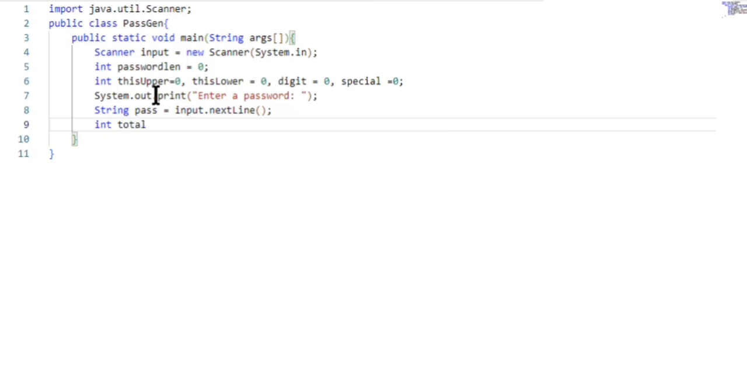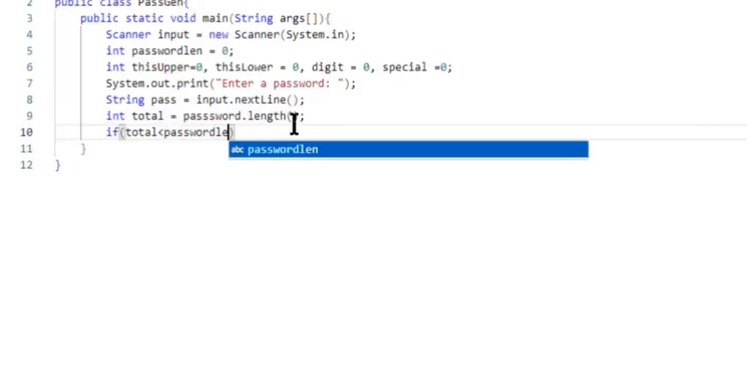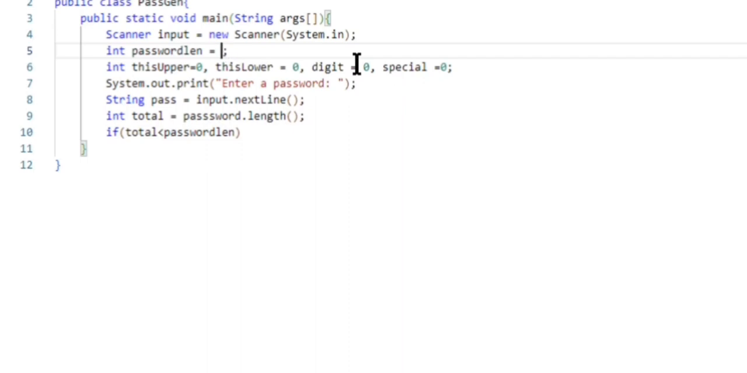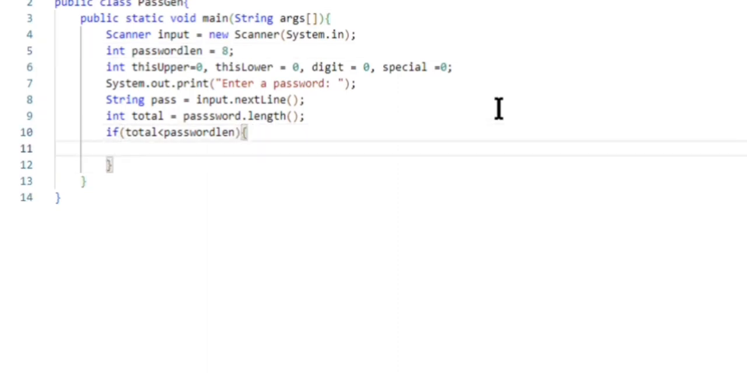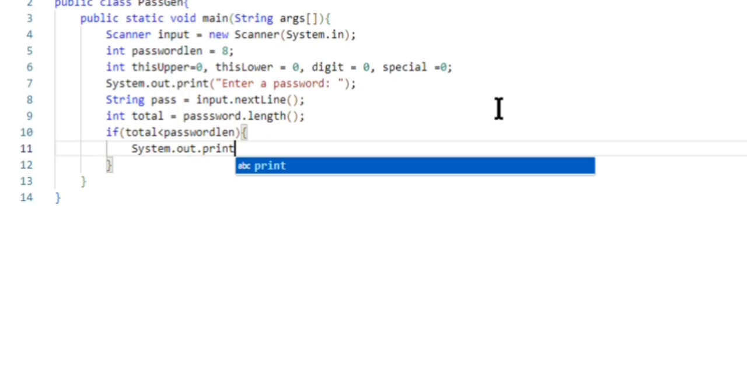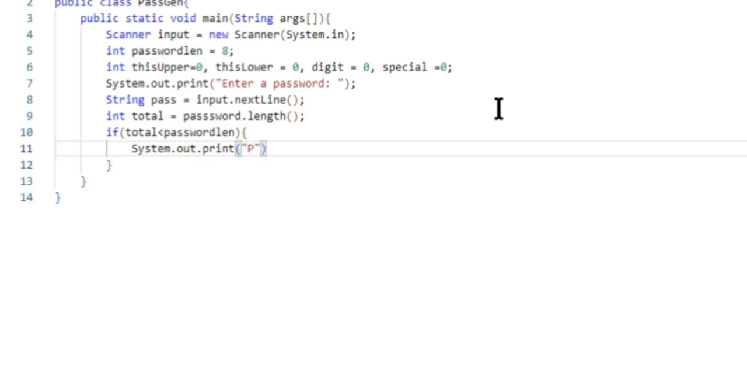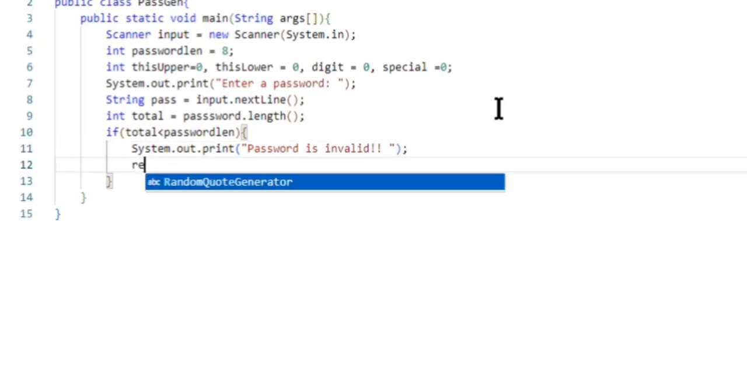Then we have to initialize a total variable to find the total number. In total we should assign the length of the password. Sorry, I haven't given the value. The value is 8, so it's not 0, it's 8. That is, we are assigning the length which we should have in a password. By putting a printing statement, we are saying the password is invalid, because if the total is less than the password